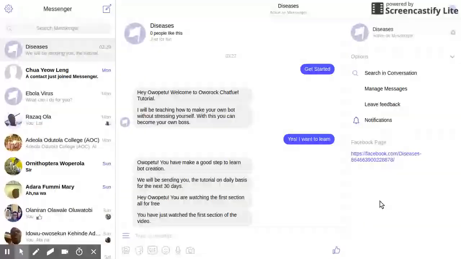In the next video, which we'll be doing in some hours' time, we'll teach you how to add some other flavor into your bot rather than just text, text, text. We're going to teach you how to connect the bot to your blog, to any feed that you want to add, probably to Google search, so that anybody that keys in a word will automatically search for that word from Google search.